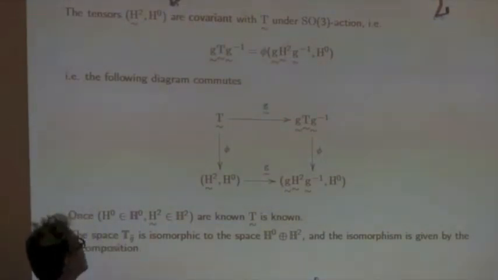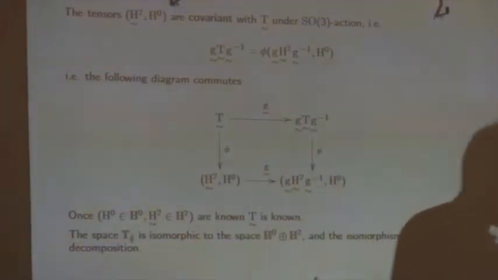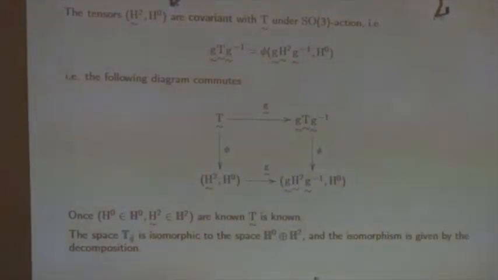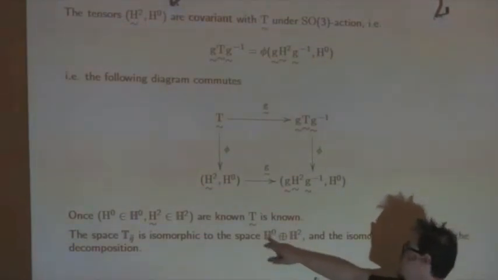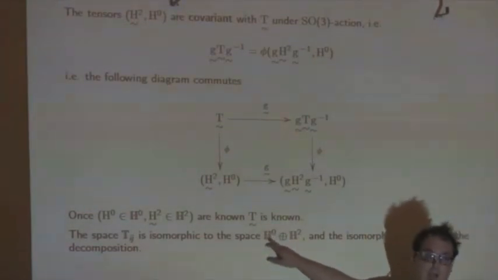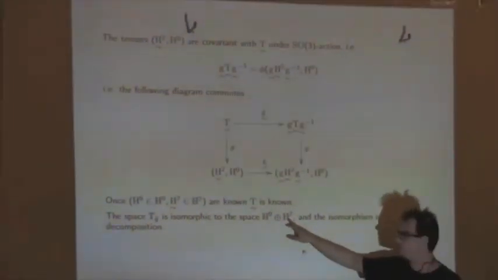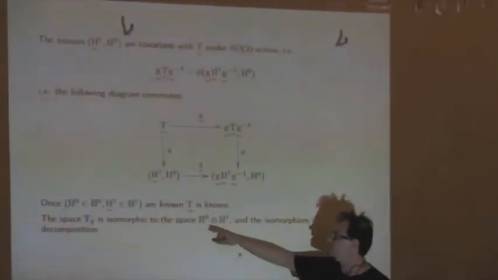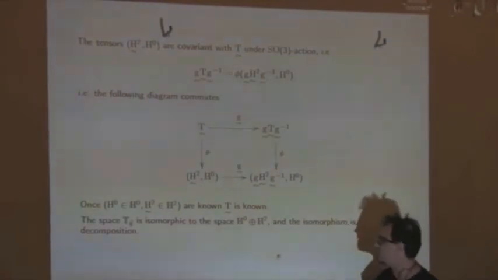So the space of symmetric second-order tensors can be written as two irreducible spaces that are in direct sum. I will call here H0, H like harmonic, the space of scalars, and H2, the space of deviators. The dimension is, in the 3D case, because in 3D it is different,